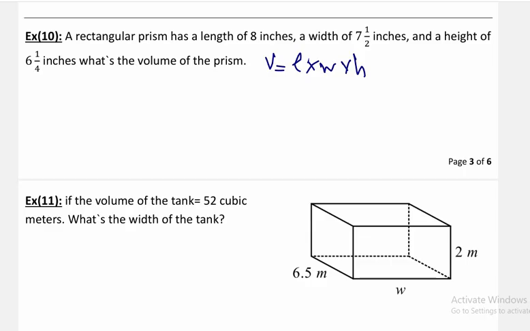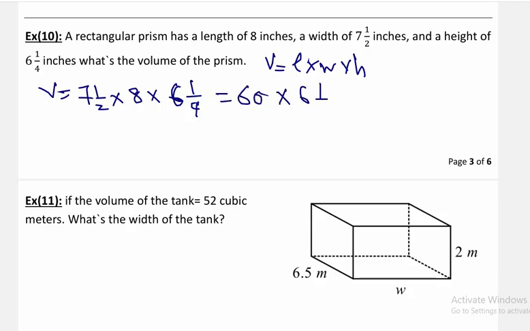The length is 7.5 times 8 times 6.25. Now you have two ways of calculation. 7.5 times 8 is 60. 60 times 6.25. 60 times 6 is 360 plus 60 times a quarter, which is 15. Then you will have 375 inch cube. Another way,